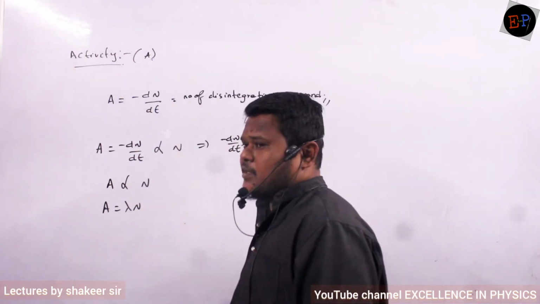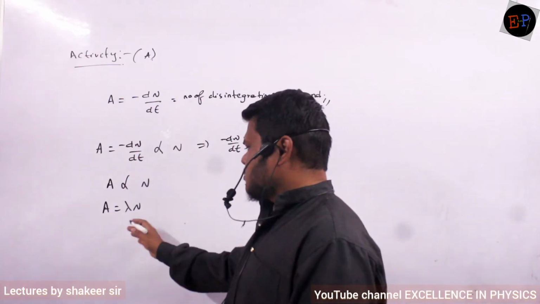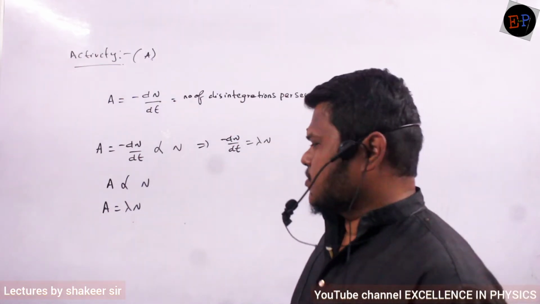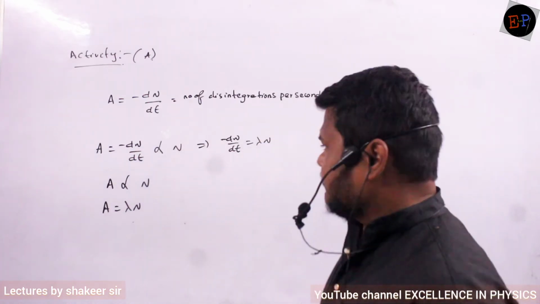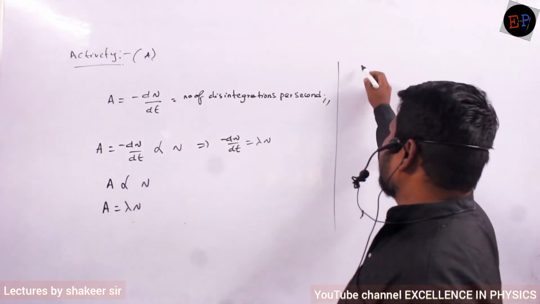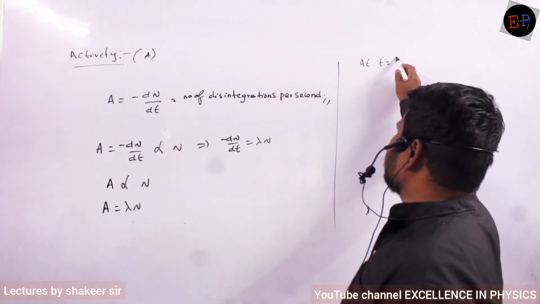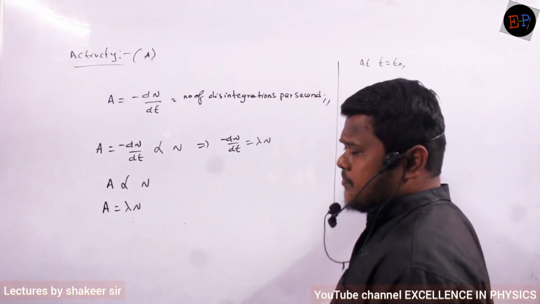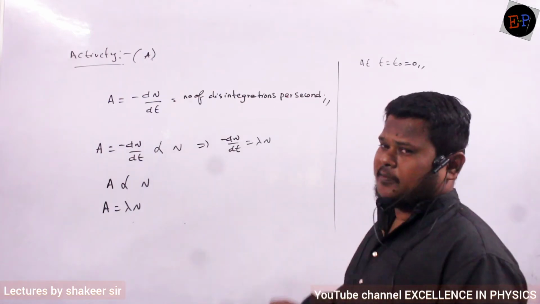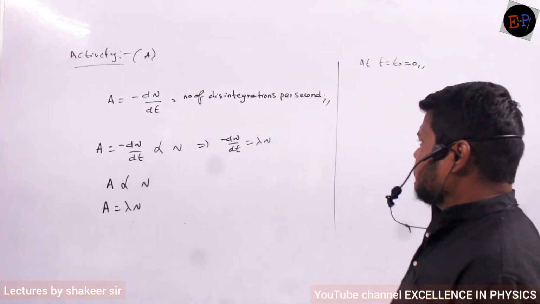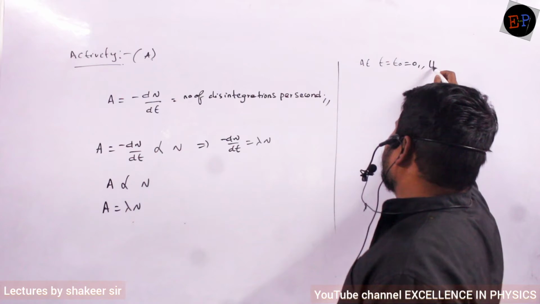So here also I am writing lambda into n. So this is how I can write the equation of activity. Activity is nothing but dN by dt, and it is equal to lambda into n. Then again, at t equals t naught, or when t naught is equal to 0, that is at initial time, when you started observation, then activity I can write as,